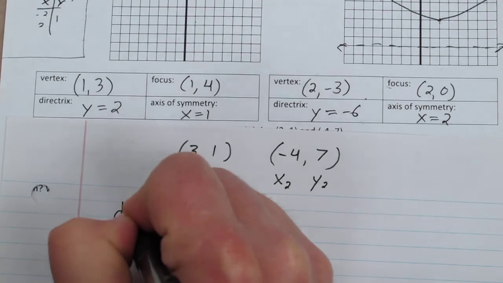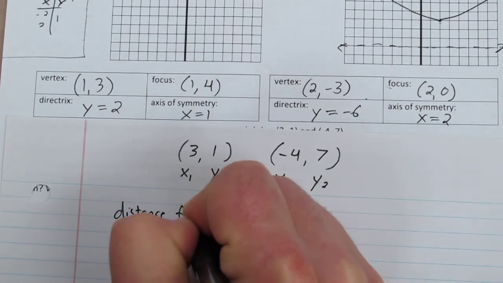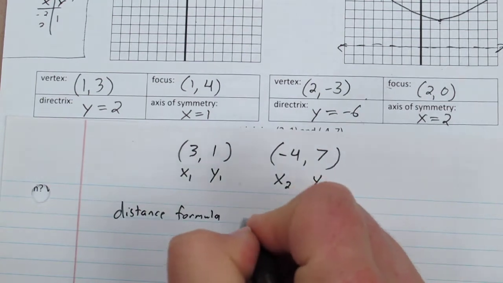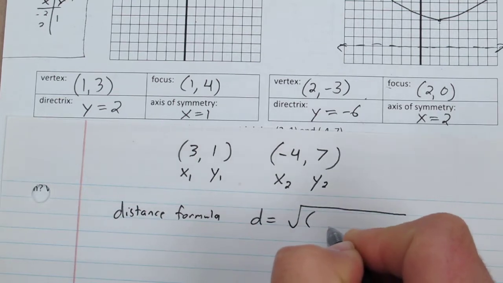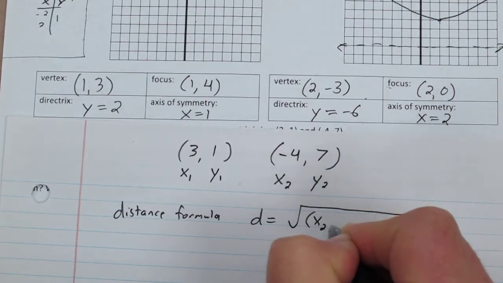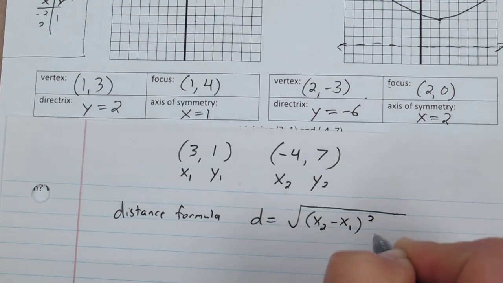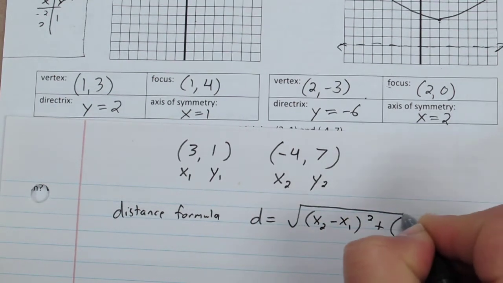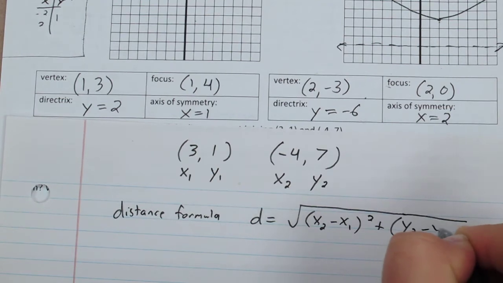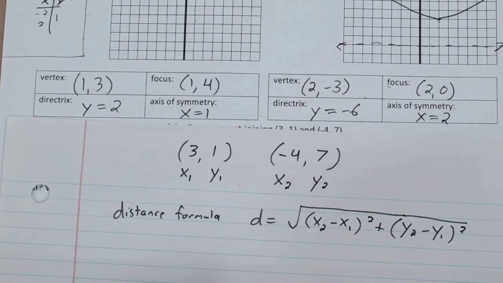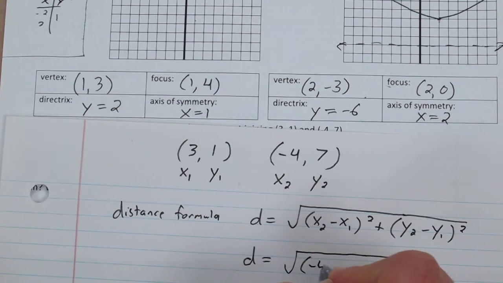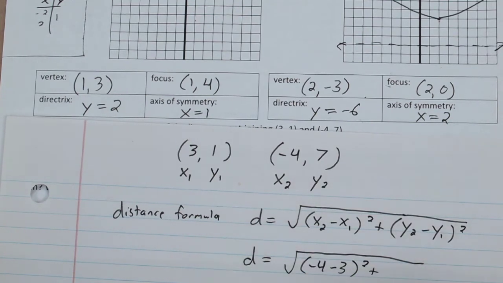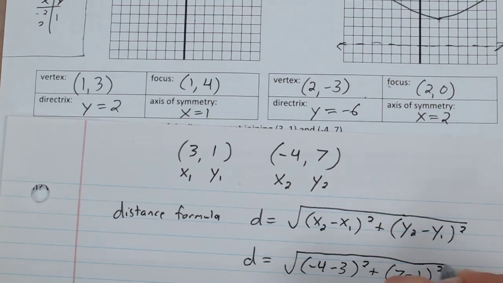So the distance formula is as follows. Distance equals the square root of the difference of the x coordinates squared added to the difference of the y coordinates squared. So in this case, when we substitute in those values, I get -4 minus 3 squared plus 7 minus 1 squared,